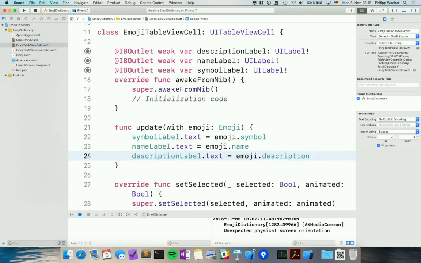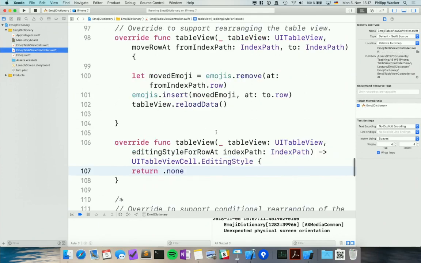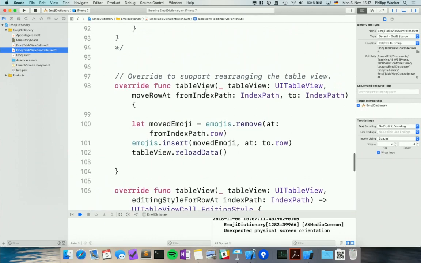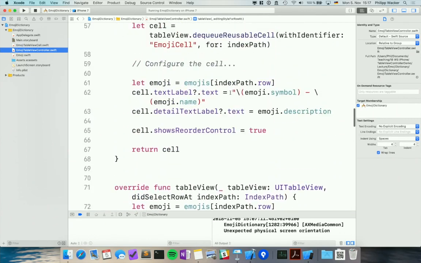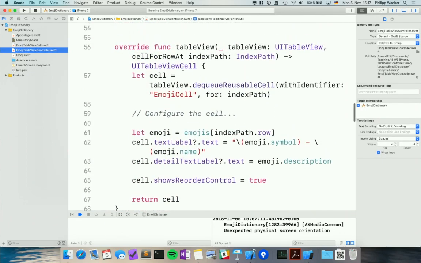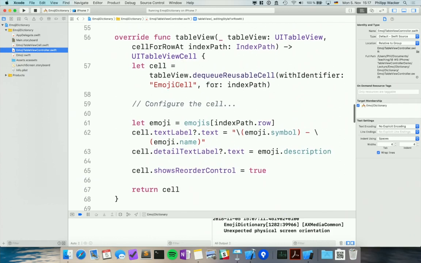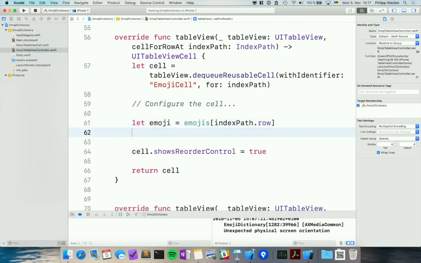So that sets up basically the different labels itself. And the only thing that we then have to change, if we have here our method that creates the cell and sets it all up, instead of setting all the content there ourselves, we can just